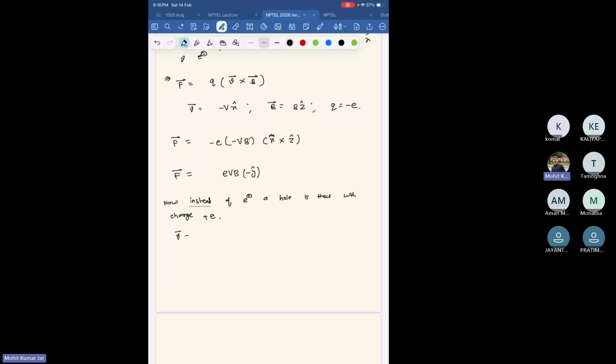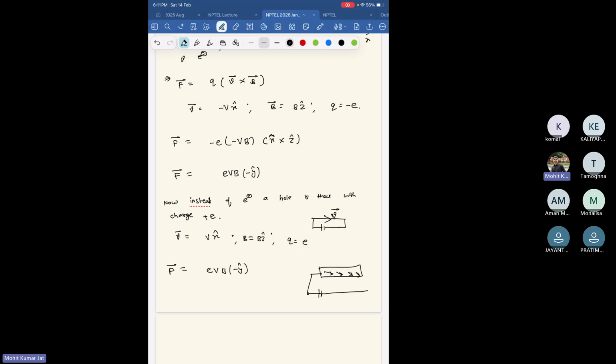Then your V will be actually Vx cap, because now they will move in the direction of the battery, right? The direction of the electric field, not opposite. So this is how the holes, the carriers, will move. So V will be Vx, B is Bz cap, and Q is e. Again, the force turns out to be eVB minus y cap, saying that irrespective of the charge, all the charges will move in one direction only,